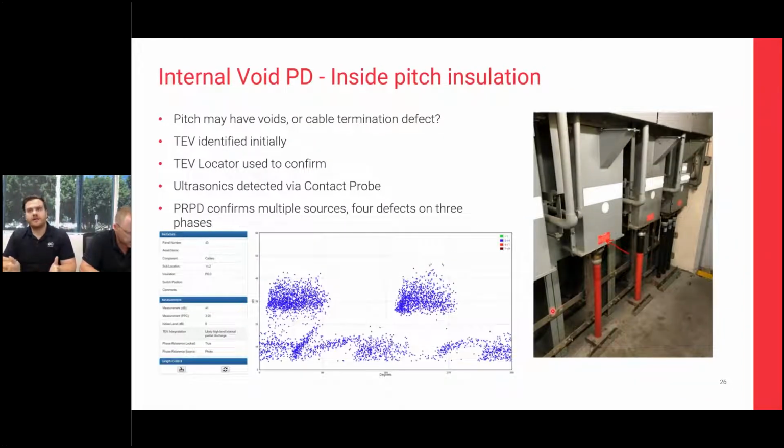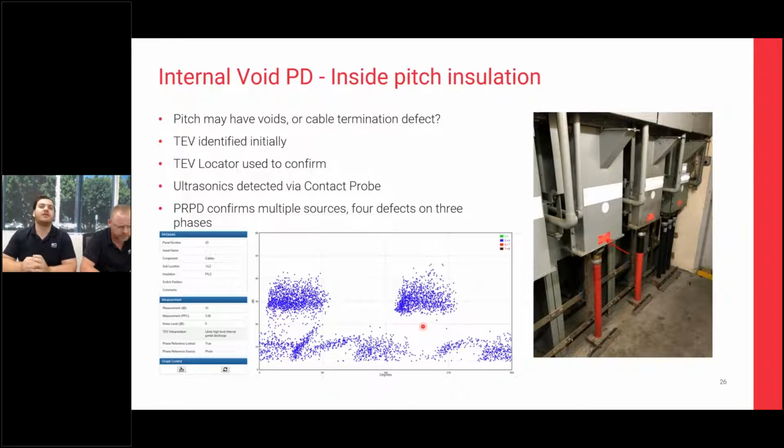This is another one of TEV with a very similar scenario, but it's where you start to get a lot more defects within the one space. So once again, we were on site and we found this phase plot you see here, and it was testing on the back of this pitch-filled cable box. So when we did the testing, you see this type of a phase plot, and this is a quite complicated phase plot,